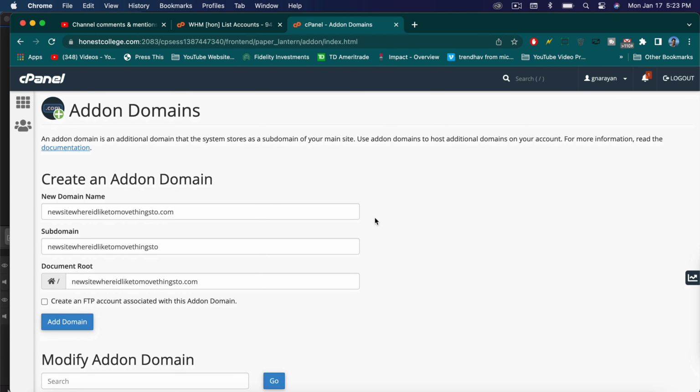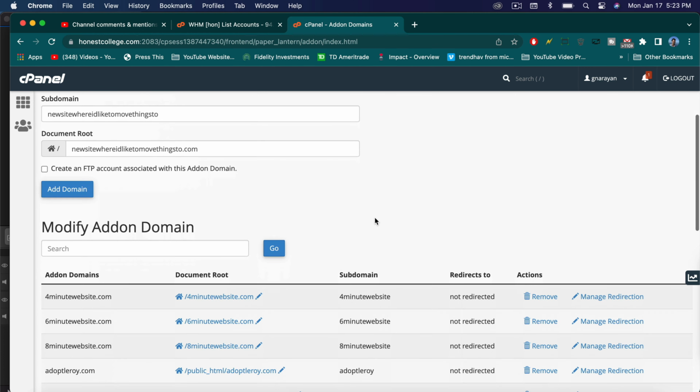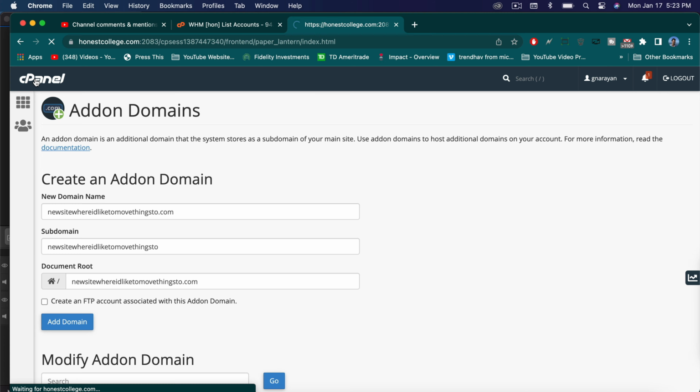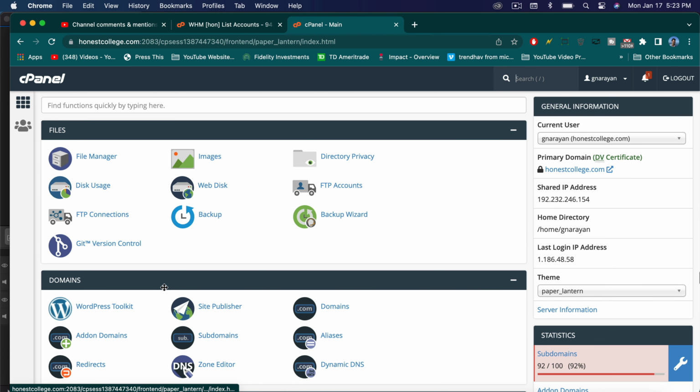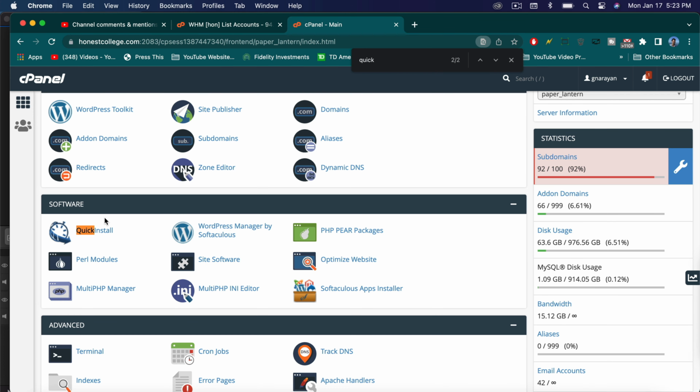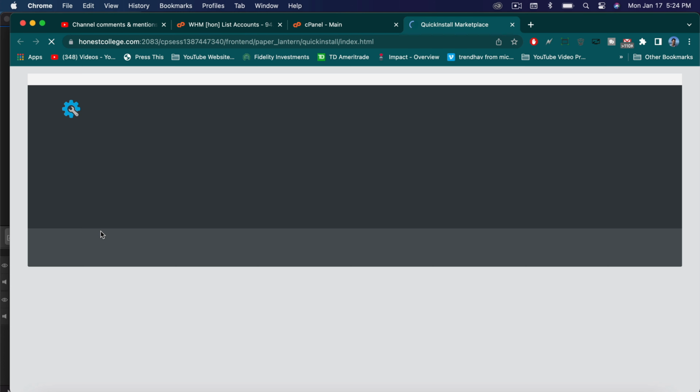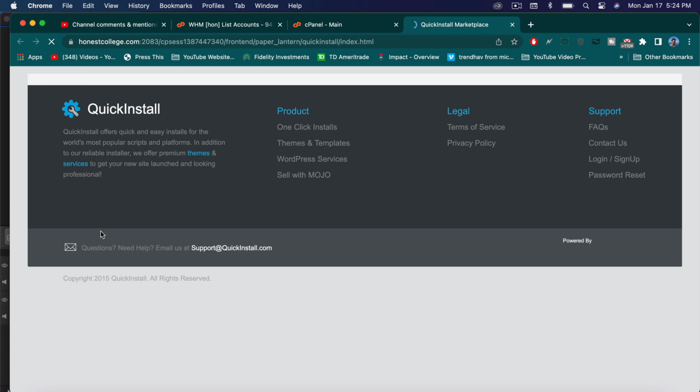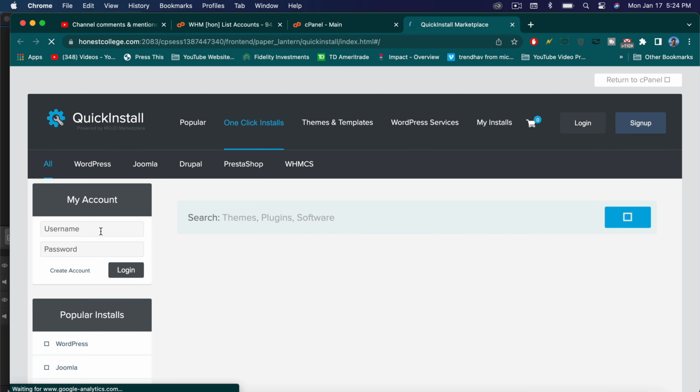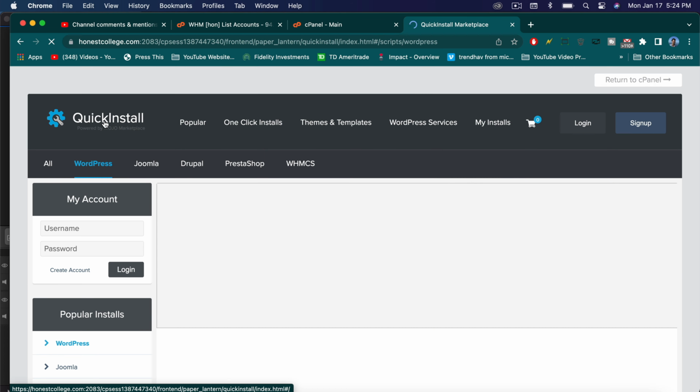And then, so assuming that's added, go back to the cPanel and then you're gonna click on Quick Install down here. And it might be like Softaculous for you or WordPress Installer. They work just the same. All right, there's different ways of doing the same WordPress install. Then we're gonna click on WordPress